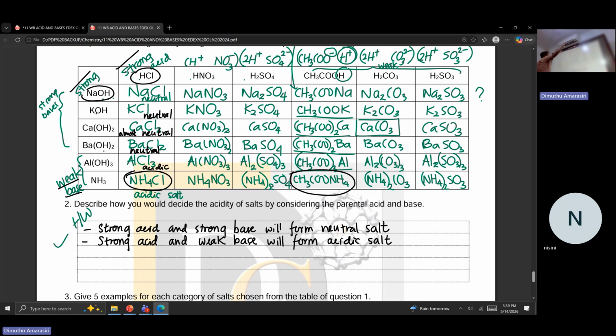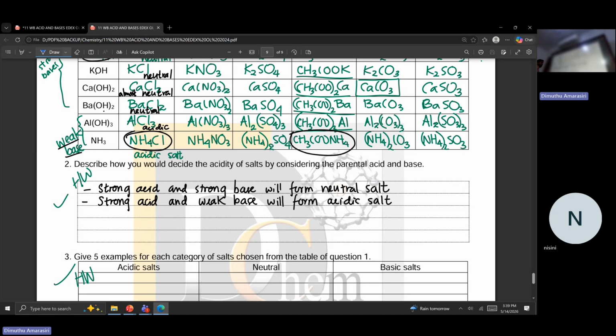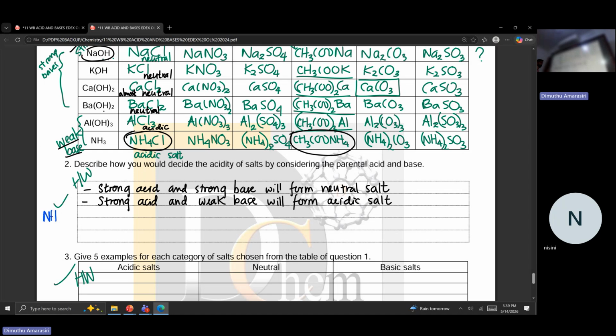So then you remember the ammonium ion, we learned even in the formula lesson. Ammonium ion's valence is 1, NH4+, Cl-. Then you swap it. So you get NH4Cl, right?